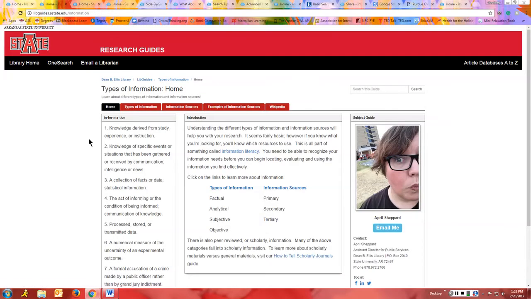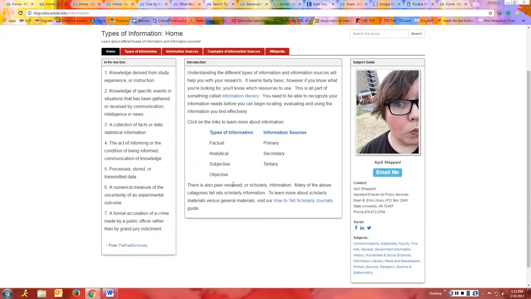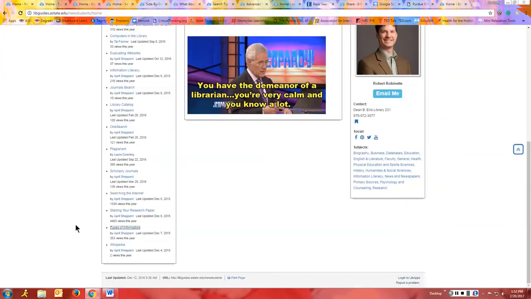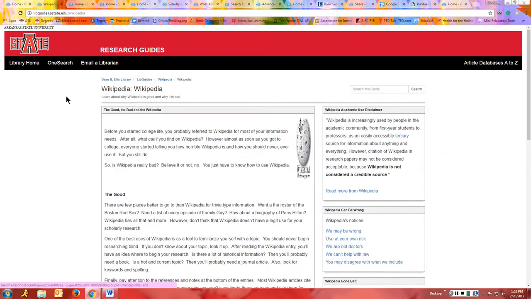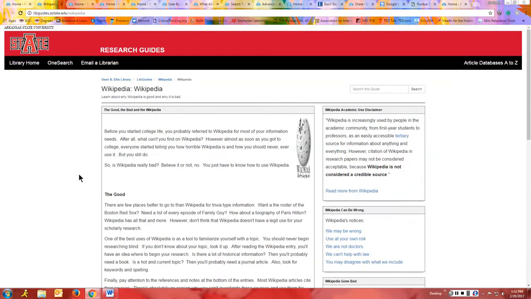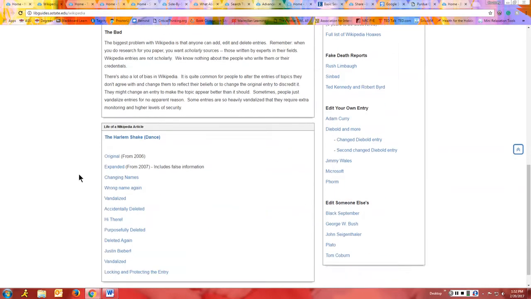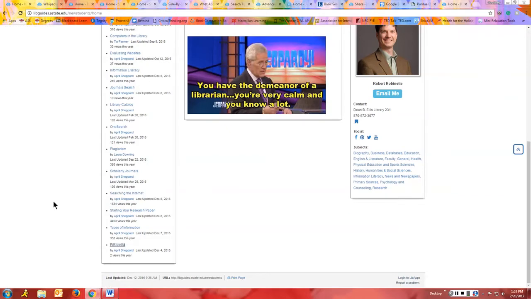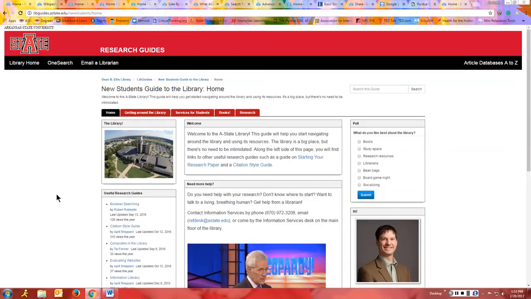Types of information, you'll want to look at this too. Again, this will help you narrow down your research to tell if it's good scholarly research and something that you should use in your papers or something that you should not use. And then there's a whole page on Wikipedia, and its positives and negatives. So I'd like for you to review this as well. For any paper that you type here on campus, I would not use Wikipedia in your research. You have all these databases at the library that are available to you, and I would use those just to be safe